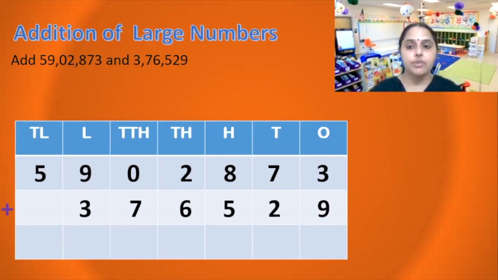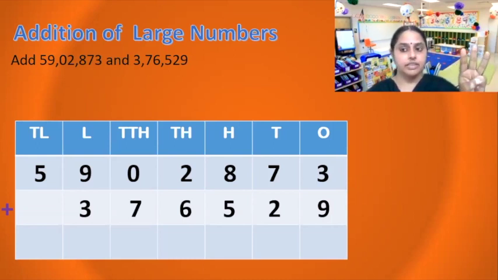From where are we going to start the addition? We will always start the addition from the ones place. So 9 plus 3. Always take the smaller number in your hand and after the bigger number start counting. So after 9, 10, 11, 12. So the answer when we add 9 and 3 is 12.